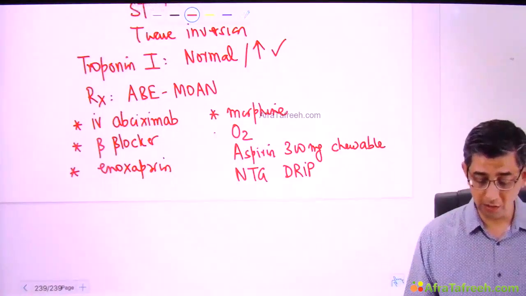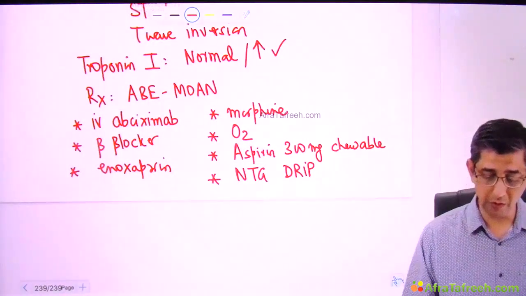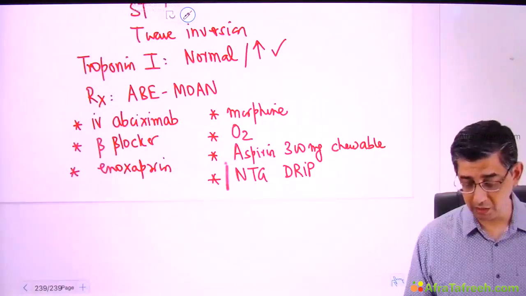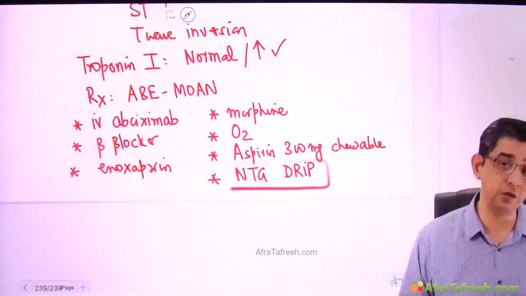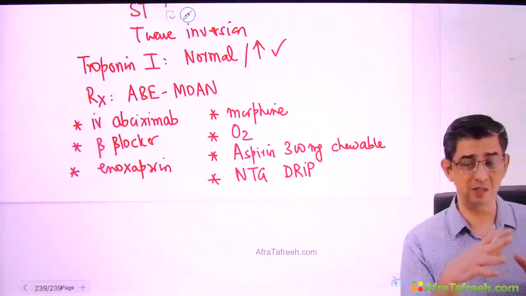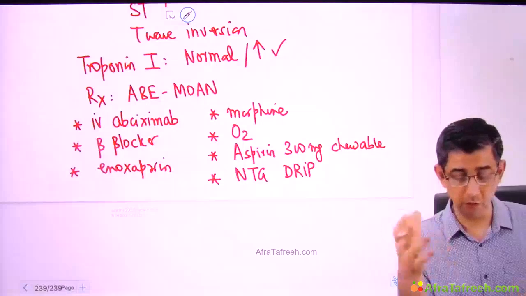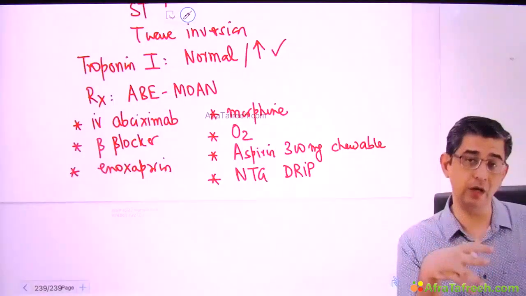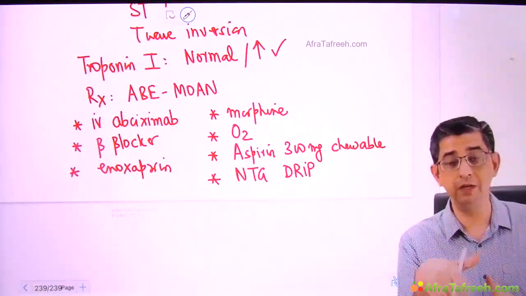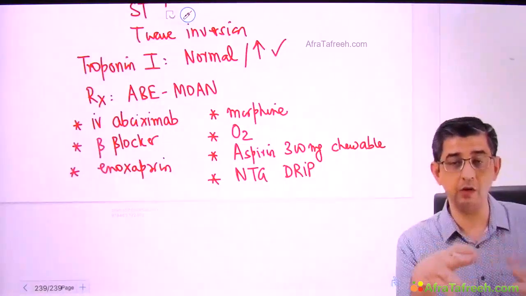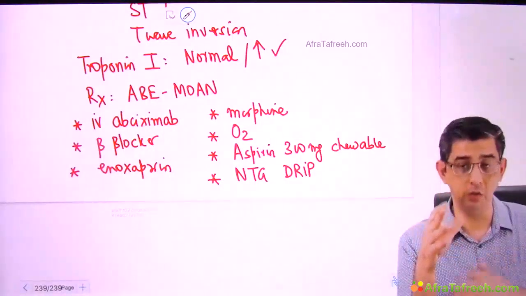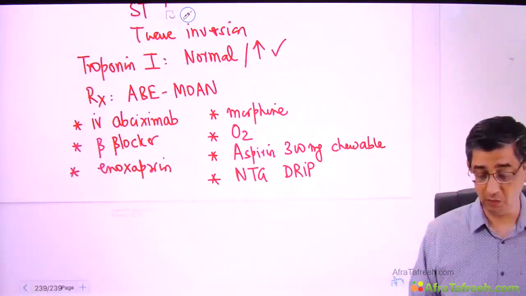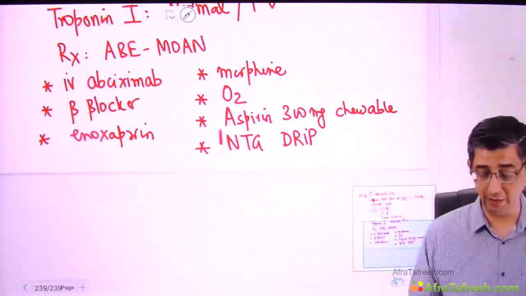Out of all the drugs that I've discussed with you, obviously all of them are going to reduce mortality. That is why they are being used. But if they ask you to select one and say which of the following is the drug of choice for unstable angina, you see, drug of choice is a very myopic view for anything, because we are using multiple drugs here. But if they ask you to select one, the one that will show maximum reduction in mortality is the one which at the moment will cause the perforators in the main coronary artery to dilate. The more blood you send into the ischemic myocardium, the more the chances of salvage. And therefore for unstable angina, if they ask you the single best drug that reduces mortality, it is nitroglycerin drip.